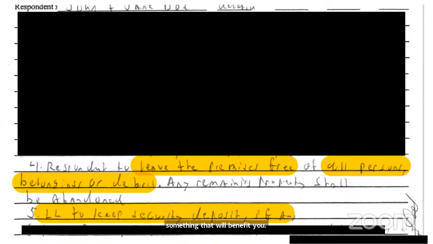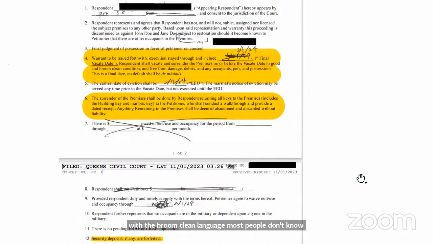Respondent to leave the premises free of all persons, belongings, or debris. Landlord to keep security deposit, if any. So yeah, this is another version of it. Any remaining property shall be abandoned. This is just another version, and we're just showing how they wrote it. It's not as thorough, because especially with the broom clean language, most people don't know what that means. But on the other one, they went to more specific: free from damage, debris, and any occupants. The damage part is a little